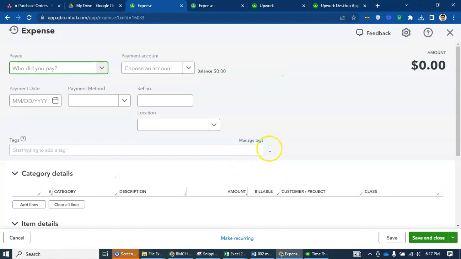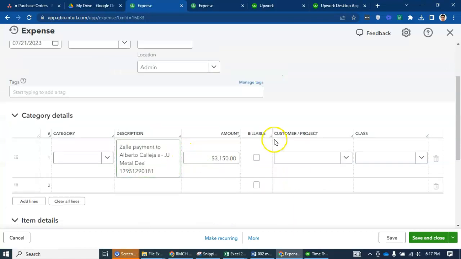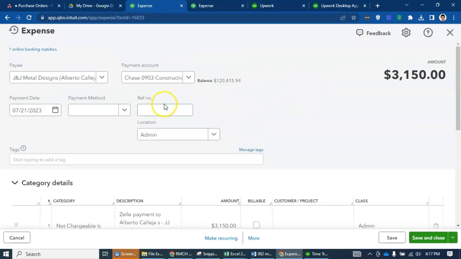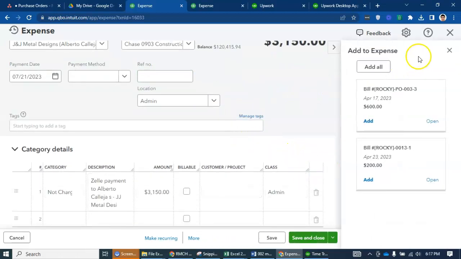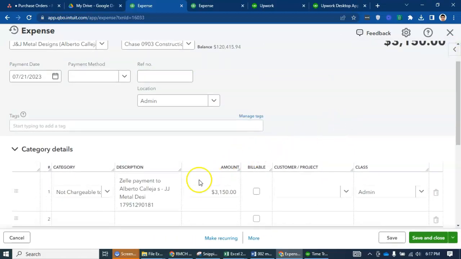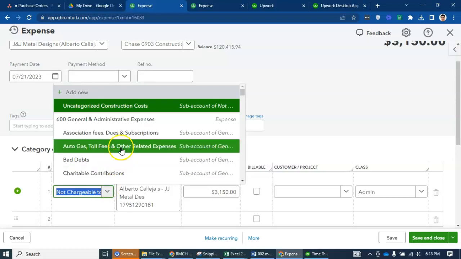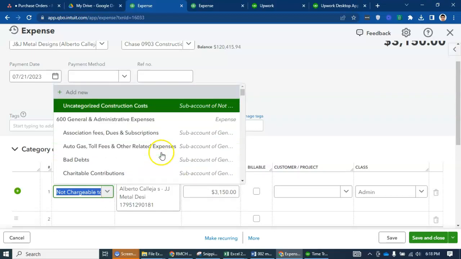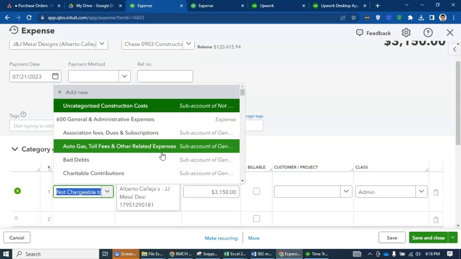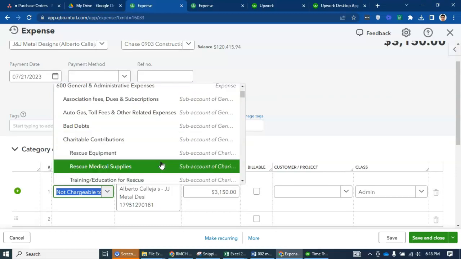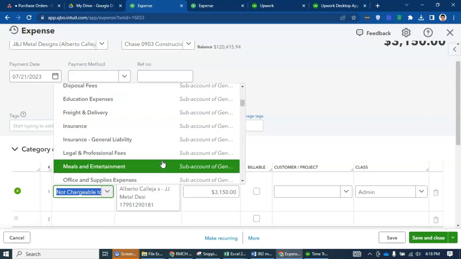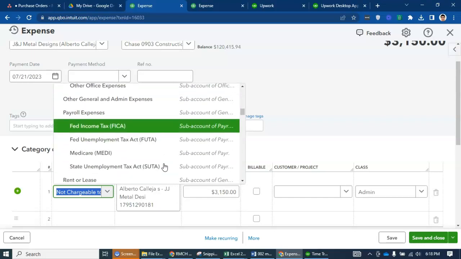It was paid for JJ Metal, but it's not chargeable for a particular expense. So what happened here is this one is the non-chargeable amount. It will now be charged under construction, but under the supervision.